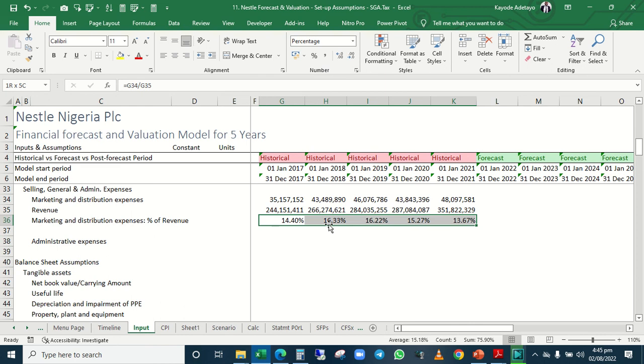So 16 is to 16 are actually the highest proportion of marketing on the revenue of the company. And so in the last 2 periods, they've got 15 and 13. So some analysts may project 14.47 going forward, and you can also take the average of all of the 5